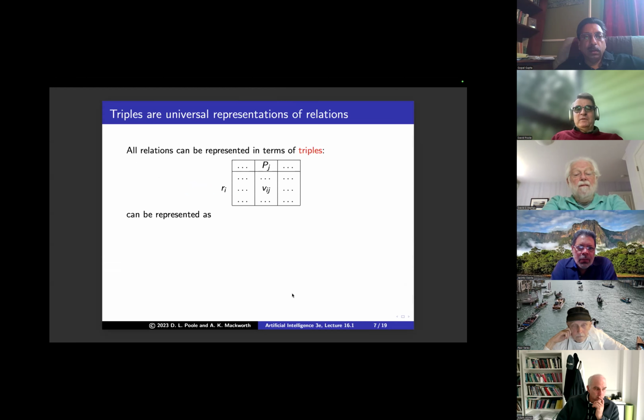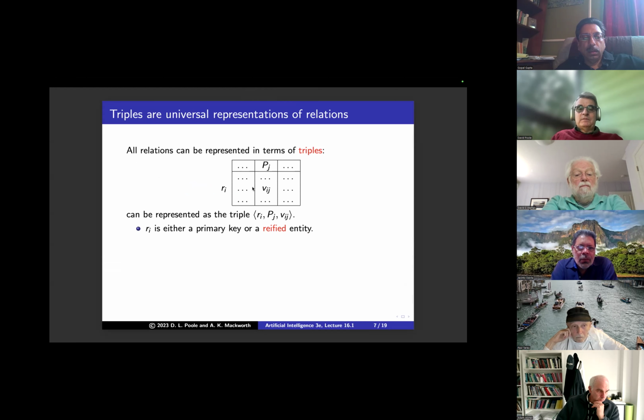It's universal. One of the ways of arguing it's universal is you can think of any relational table as just the triple of the row, the column, and the value. So this is either the primary key of the row, or it's the reified value.